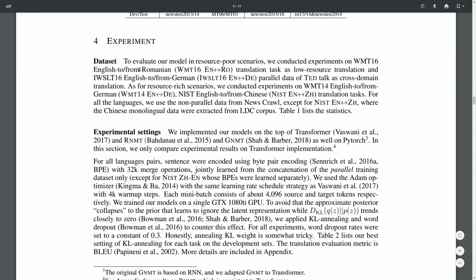They actually perform quite a lot of experiments on both low resource translation and high resource translation. So low resource, where you have little parallel data to start with, and then you add non-parallel data, and then high resource, where you have a big parallel data set to start with. Maybe I should mention that this mirror-generative neural machine translation is model agnostic, so you could plug in your transformer architecture or your RNN if you're interested in that.